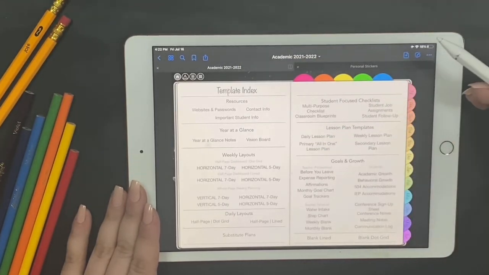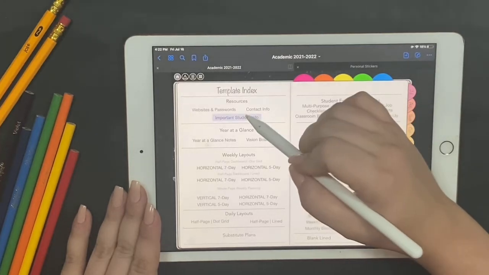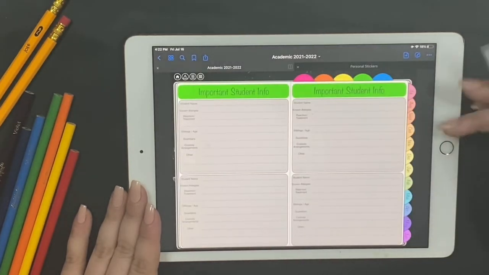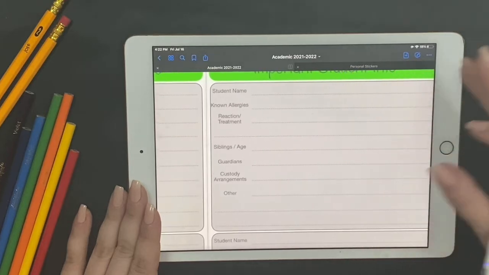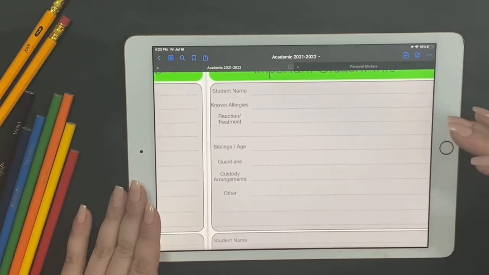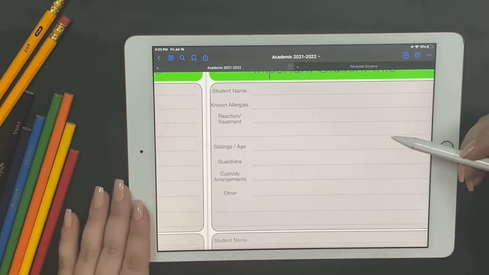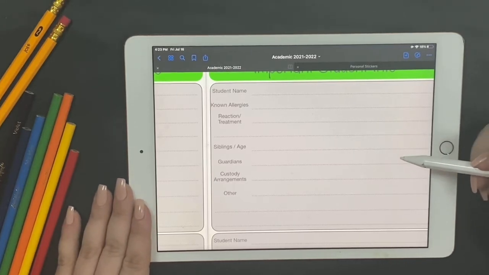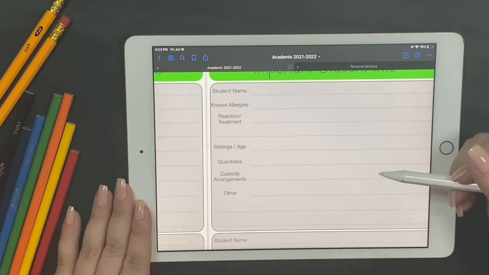Contact info, pretty self-explanatory. Important student info. This one I created specifically for students who have special needs, or specific needs, I should say. Allergies, reaction to allergies and treatments for those allergies, siblings that might be in the school or out of the school, any guardians that might be in charge of the student other than mom or dad,